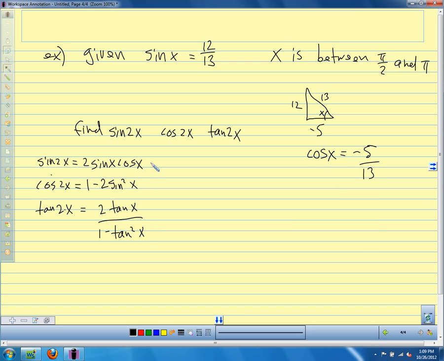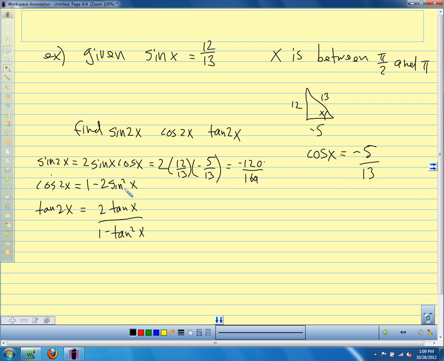And I can calculate this. This equals 2 times 12/13 times negative 5/13. And I can multiply that all out. And I get minus 120 over 169. So that would be the sine of 2x, minus 120 over 169. Cosine of 2x, I just need to plug in